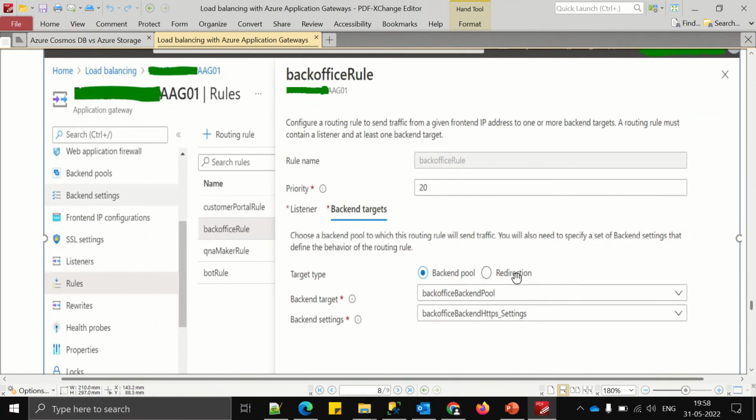Redirection is also possible, because you can take this request and send it to some other application gateway, but that's not happening in my case. In my case it's a backend pool. So the backend target is the back office backend pool. My target is for the back office listener. I have a back office backend pool, and the settings which I had already created previously, I am associating